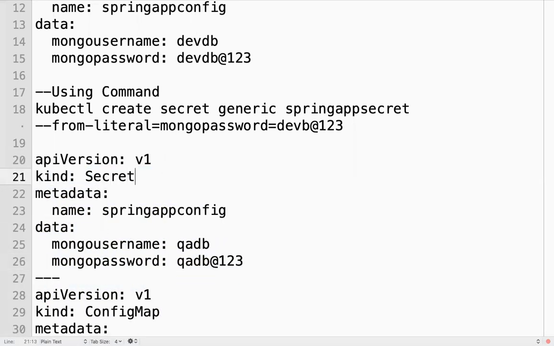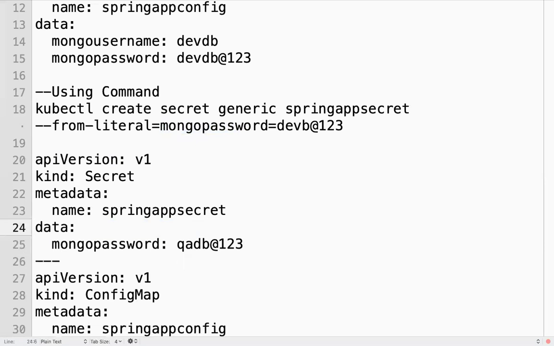Secret. Your secret name, this name, and here you can mention the value, the key value pair. It is something like this.